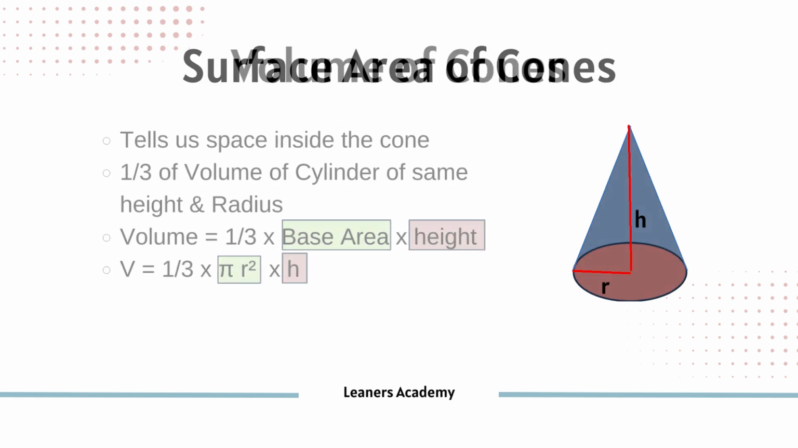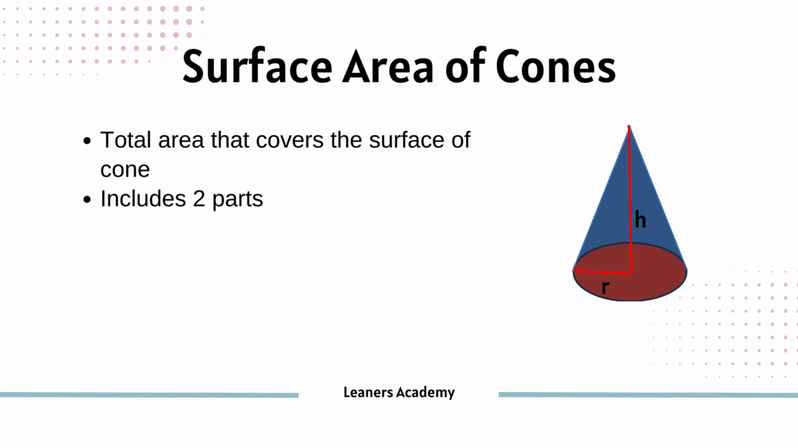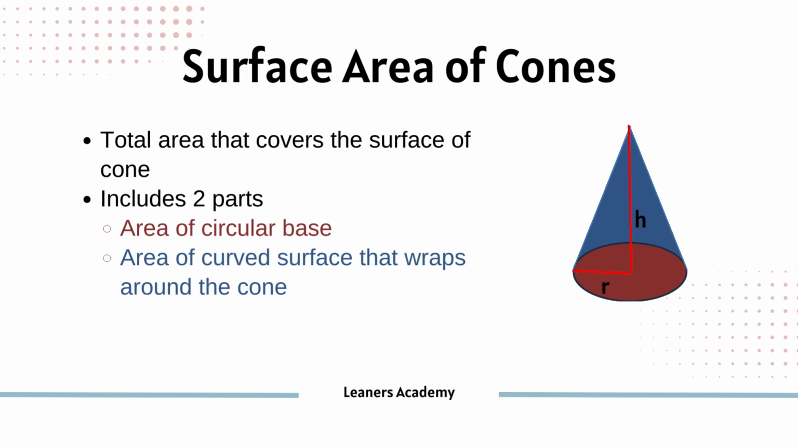Surface area of the cone is the sum of all the areas of the surfaces of the cone. Can you identify all the surfaces of the cone? You can pause the video and give it a try. The surface area of the cone is the total area that covers the surface of the cone. It includes two parts: the area of the circular base and the area of the curved surface that wraps around